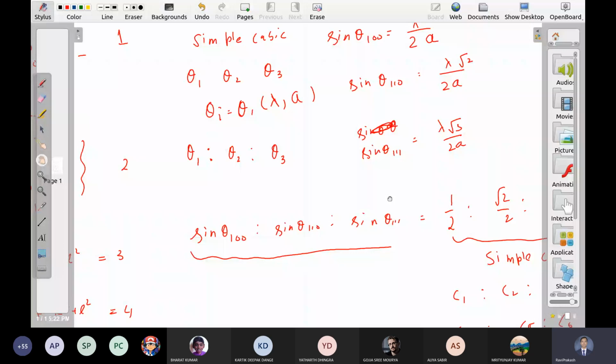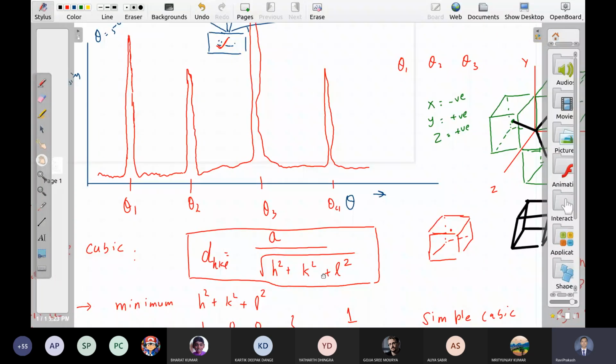So software is available. You just give it the experimental data, and it does everything on its own because it has a full database of all possible unit cells. It calculates this ratio, tries to match it with the experimental data, and can easily tell you what kind of lattice is in this unknown sample. So the technique is